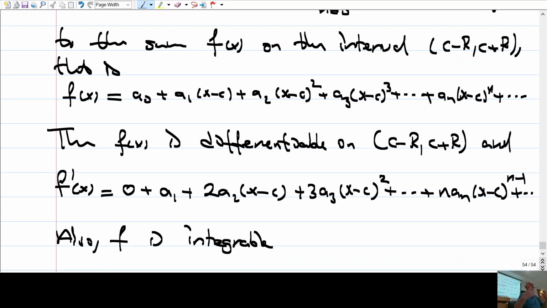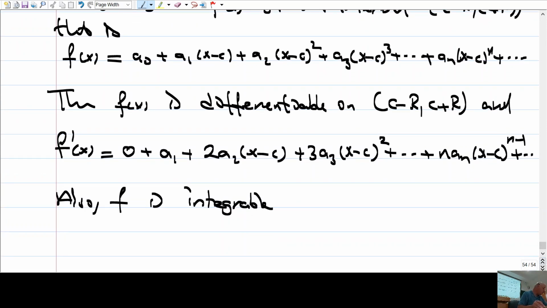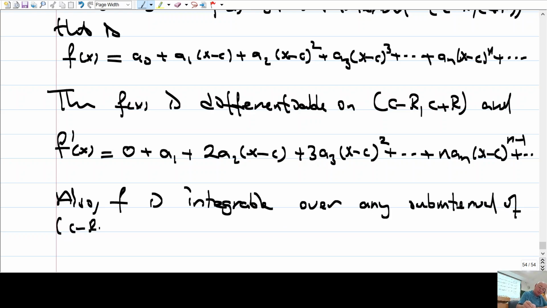Therefore, you can talk about its integral also. And the integral is computed as follows: f is integrable over any sub-interval of (c minus r, c plus r),